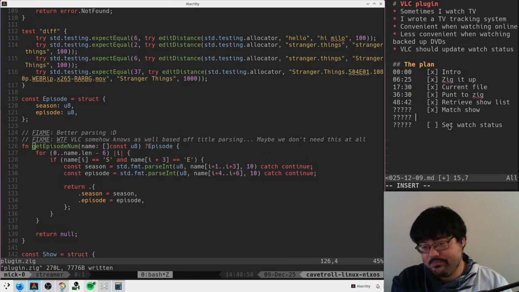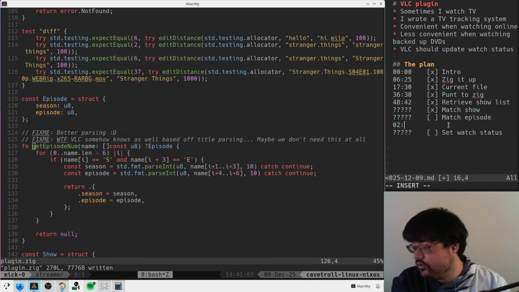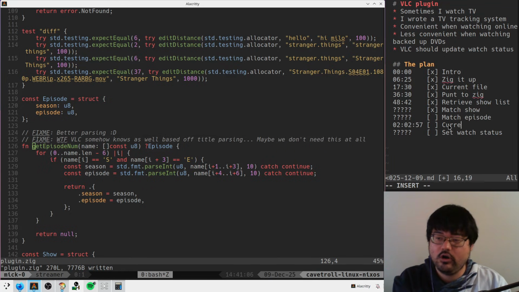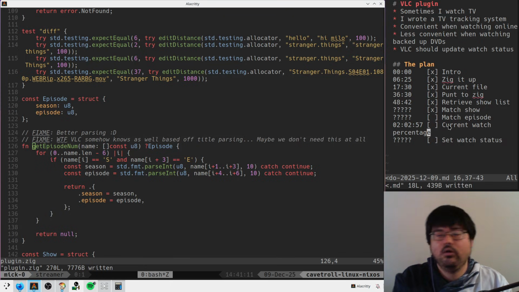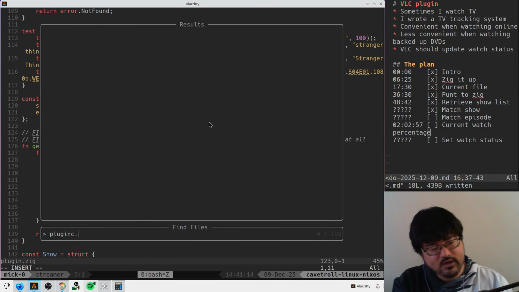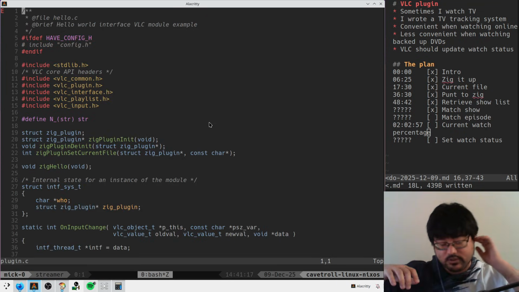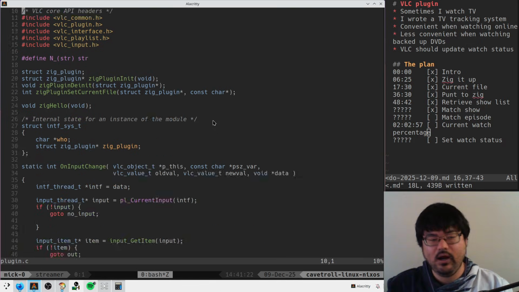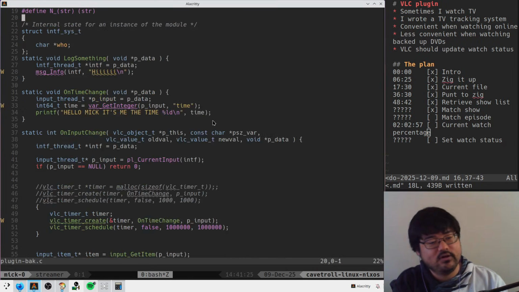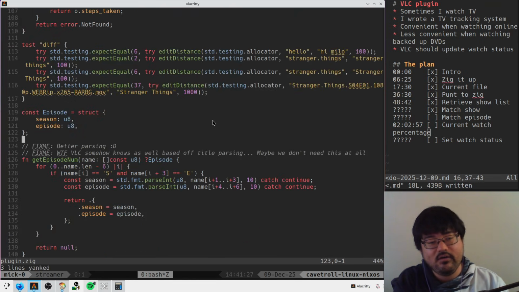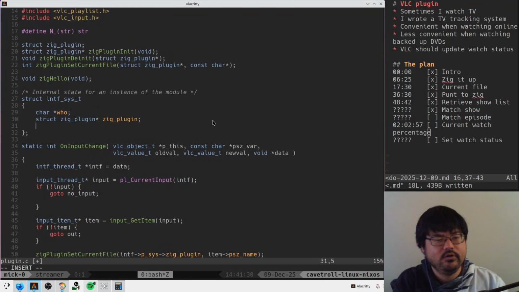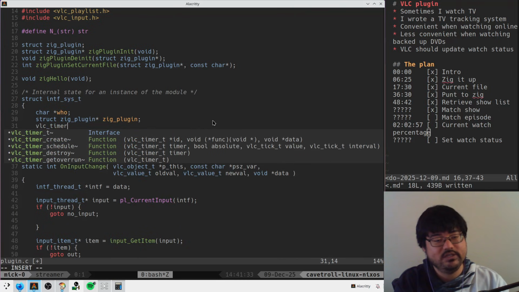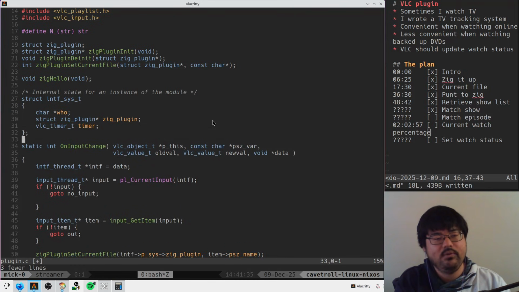at some point we matched the episode. And so now we need to get the current watch time, watch percentage, right? So I think we found that there is a way to extract the time from a given input. However, you have to poll it every once in a while. So I think we found yesterday that there's a VLC timer thing that you can have. So you can have a VLC timer T here. And we can kind of say,